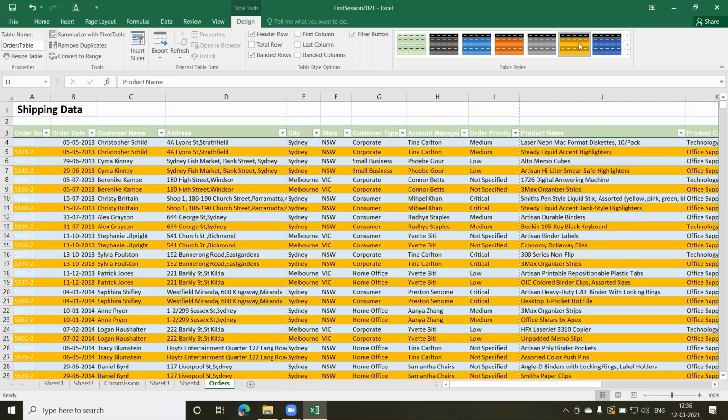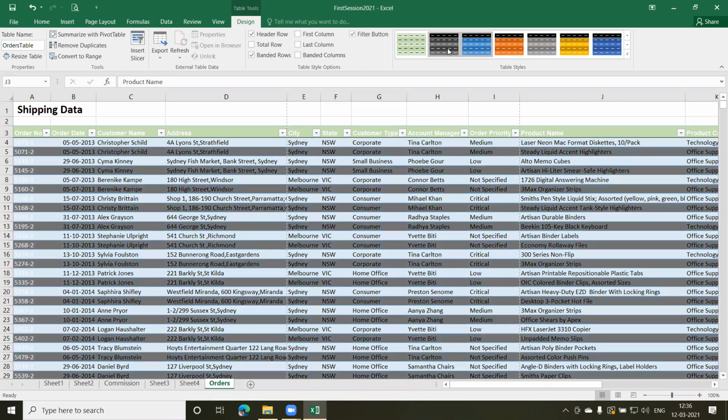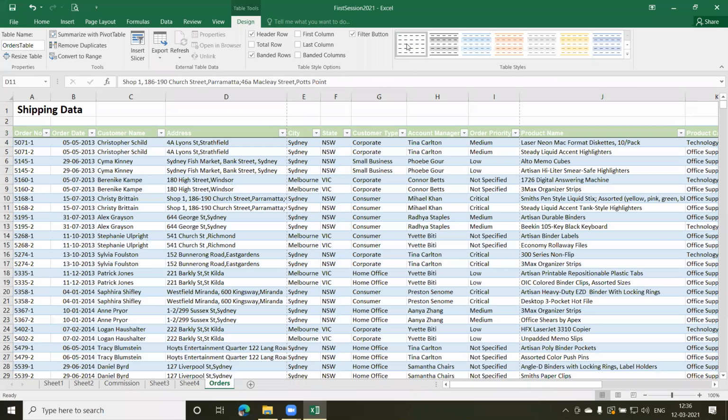Yeah, now there are some changes happening. If you want, you can do this as well. This looks better or bad, whichever. Fine, I'll just keep this as it is. If you are not happy with this, you can always change it. If you want a plain one, you can just select the plain one. Okay, I'll select this one, the last one.